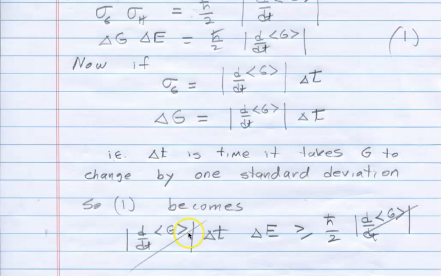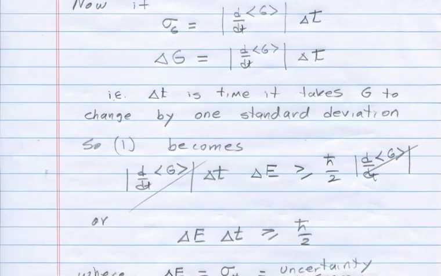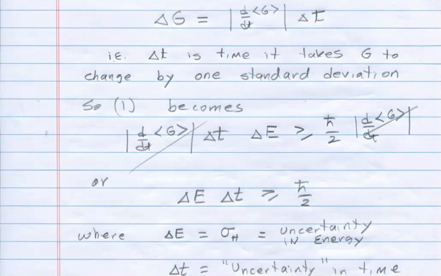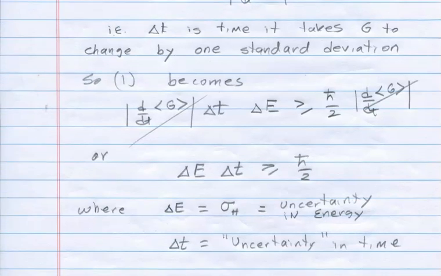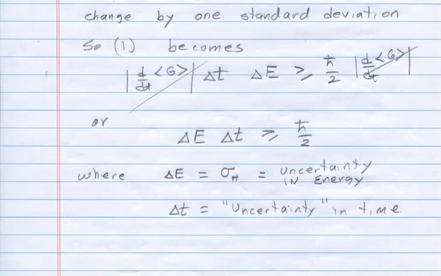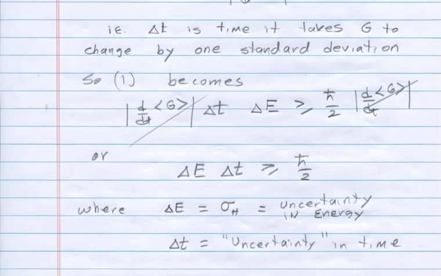And then the absolute value is the same on both sides, and I can cancel it. And then I arrive at the uncertainty relationship for the energy and the time. So it's a little bit different. It requires this propagation of error type assumption in it. And you can give some interpretation to it.